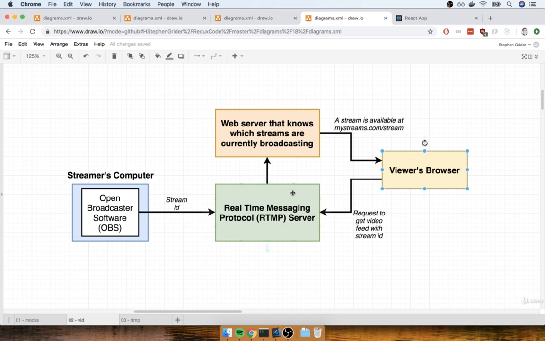So now the next thing we're going to do is set up this RTMP server, which is going to be responsible for receiving different video streams and broadcasting them out to different users' browsers. Now remember, I had told you setting up this RTMP server was going to be really easy and straightforward, and that's not a lie at all. It really will be very simple to put together. So here's what we're going to do.